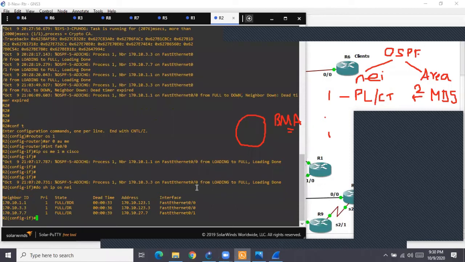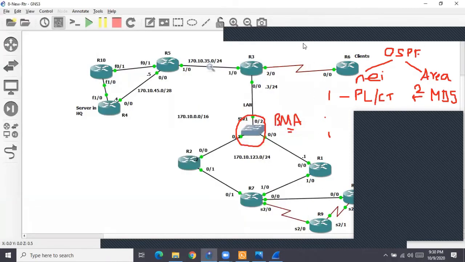Now if somebody attaches to this switch, since it's a switch network, maybe a laptop with an operating system that supports OSPF, because OSPF is open standard, and enables OSPF there, what will happen? If he captures the packets, he will come to know that OSPF is configured, but he will not come to know what the key is, because the key will be sent coded, as a hash value. It will never go in clear text.